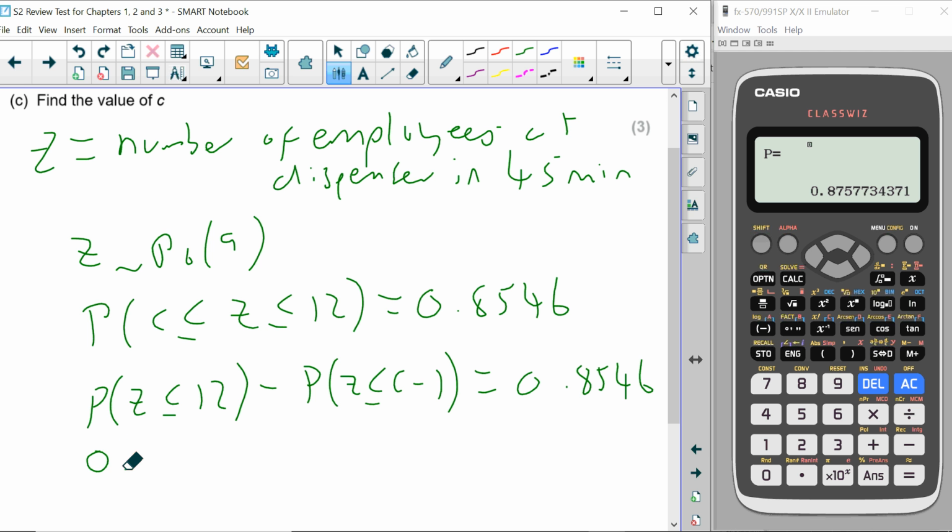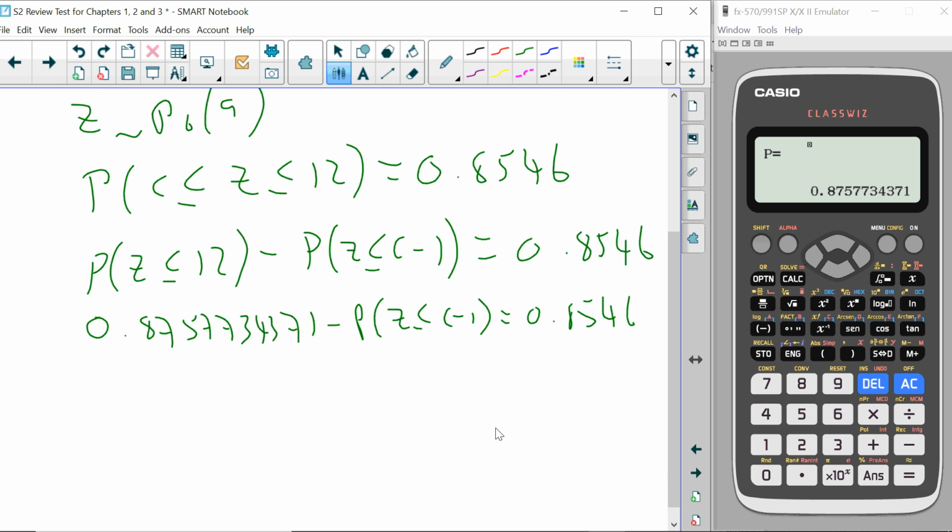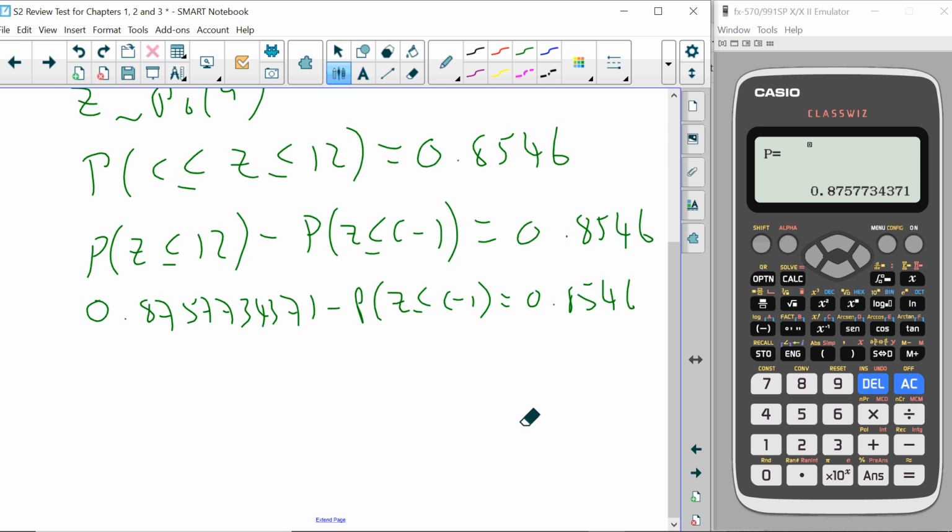So I've got there 0.8757734371 minus the Poisson of Z less than or equal to C minus 1 being equal to 0.8546. Well, if I take away both sides now, I would end up with minus P on its own, but